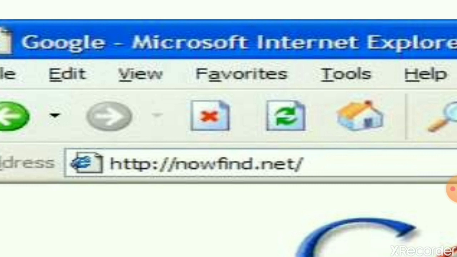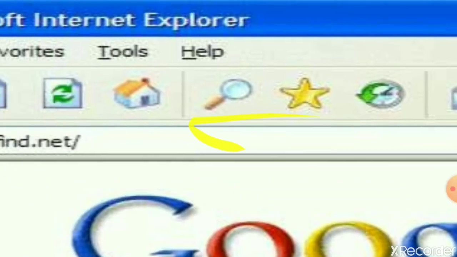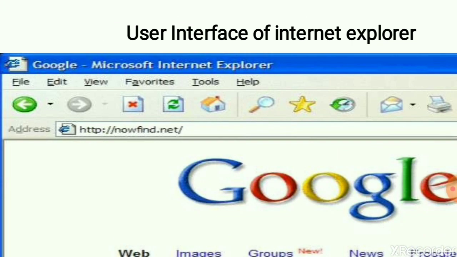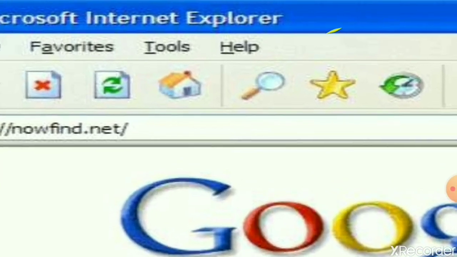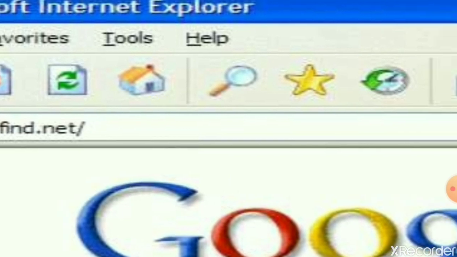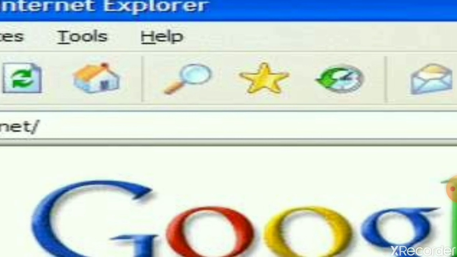And next there is an address bar, and this is the address bar. There is a home button which helps you return to the home page which you have set, and beside that view, favorites, history, feeds, etc. And of course there are tools. It contains options for printing, saving, viewing the page, and even lists the safety features that you can use while navigating the web.